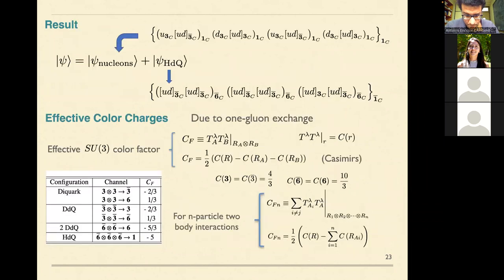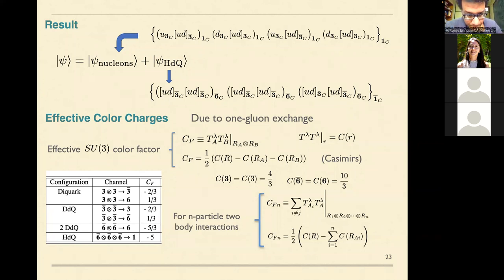The states, and presumably also this extra quark component. For example, even the helium is going to contain probably both. In order to have a better feeling of that, we're going to do a rough calculation of the color effective charges, taking only one gluon exchange, no more than that. Just one gluon exchange.